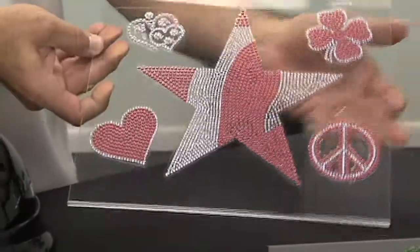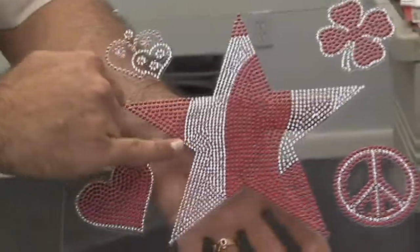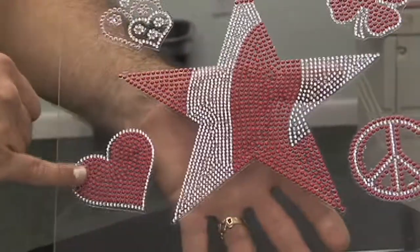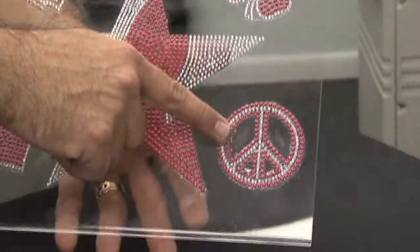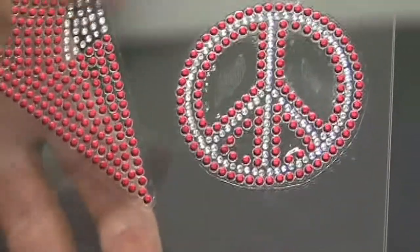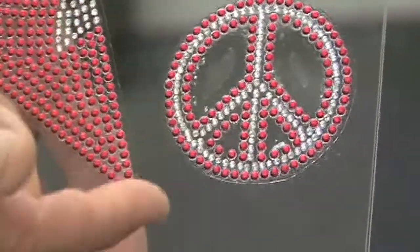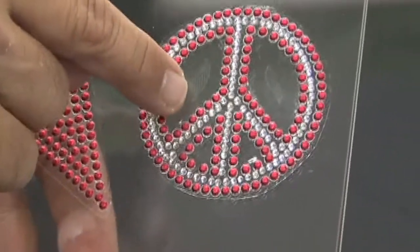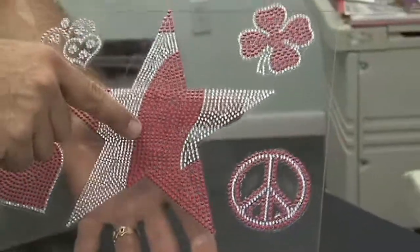Now this is an excellent example of what works a little easier and what works a little bit more difficult. The star and the heart are good examples of closed stone designs. There's no open space inside. This design is completely closed, where the peace symbol has that open space. It can be done on hard surface material. The difficulty lies in that material inside. If it touches the heat press, which it generally could, it'll discolor. And then your next choice would be to trim that out, make it look a little cleaner. But you can do them, but a closed design is preferred over an